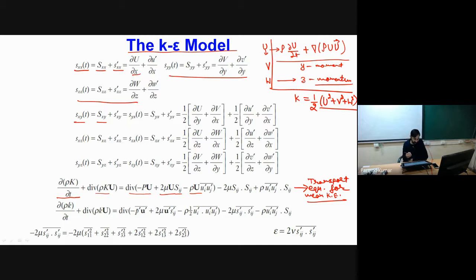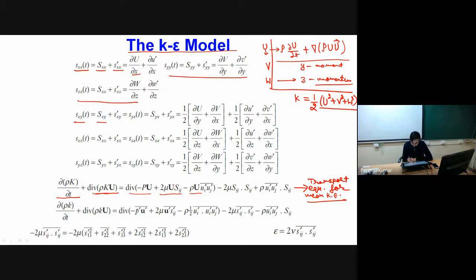Now if you see the individual terms of this equation, the first term is the temporal derivative. The second term is convection. It represents the convection of the mean kinetic energy. In the third term, we have multiple terms involved. The first term, P into U, is the transport of kinetic energy related to the pressure term. The second term shows the transport of kinetic energy associated with the viscous term, viscous diffusion.